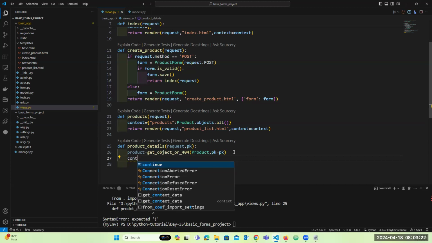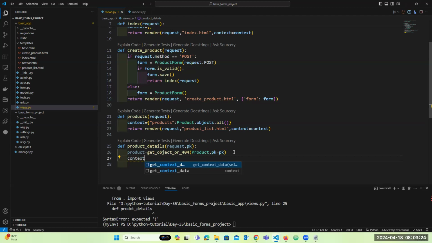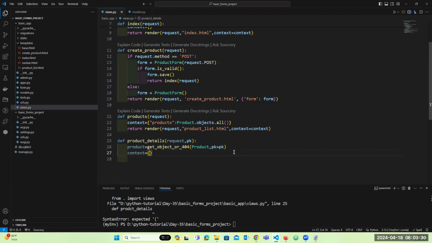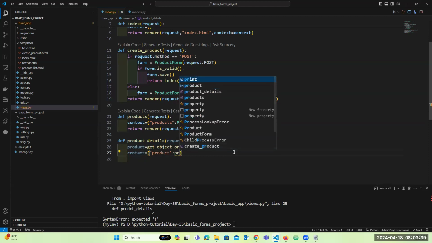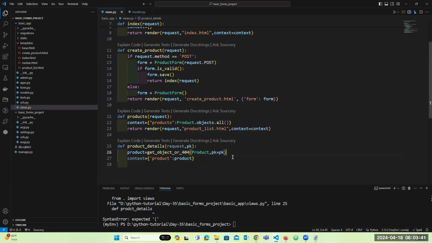Context. You can give any name here, I'm just giving context. Context is equal to the product set, but don't make any spelling mistakes. It's only product, colon, product. Here, this is the product. Then return,